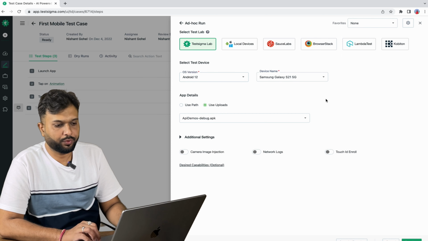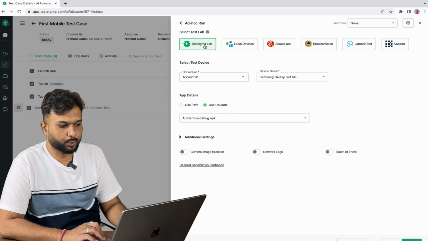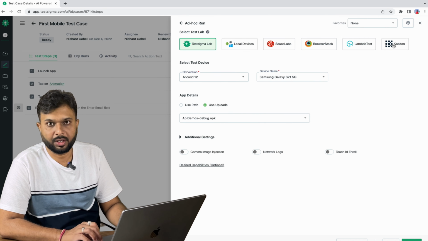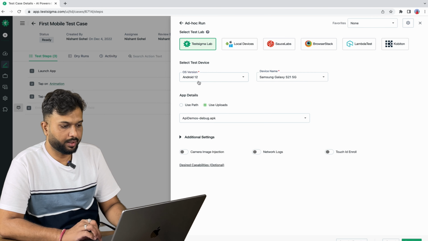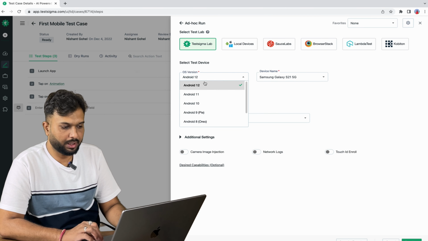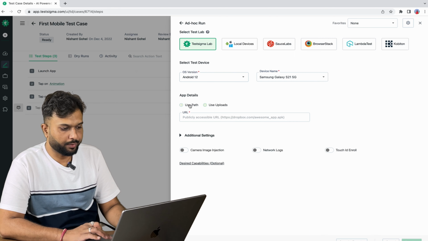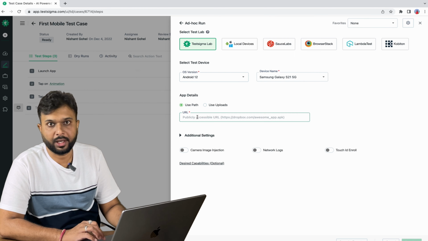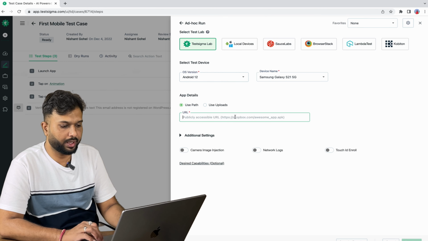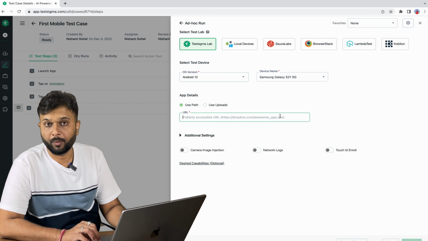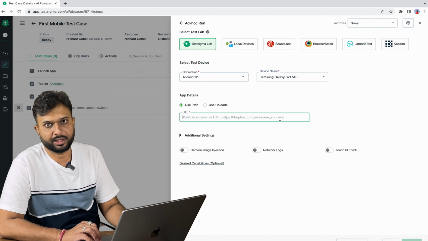So while running as well, once I have clicked on the run button, we can see there are multiple labs available, as I said. And again, we can select multiple Android versions, multiple device names are available, and we have to provide the appropriate APK path. Let's say every time we are going to provide a different APK path, so we can provide a Dropbox URL or Drive URL, anything we can provide.